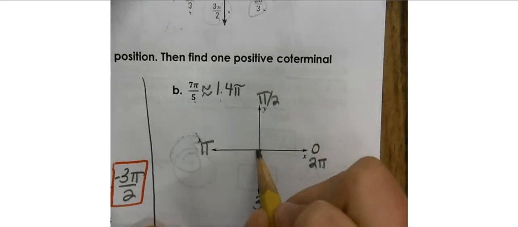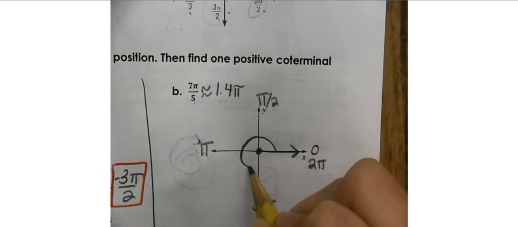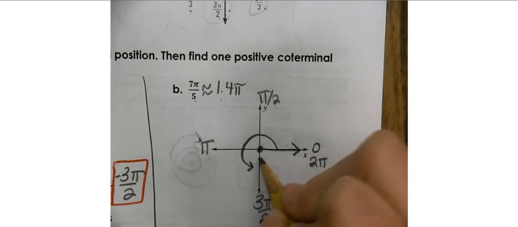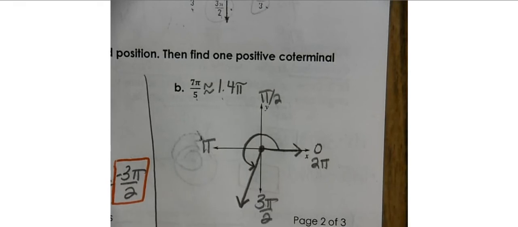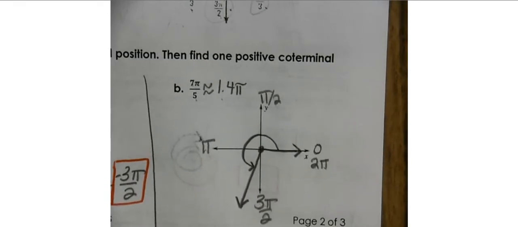So here's my initial side. We're going counterclockwise, and it's going to be kind of close to 3/2. So there's my angle right here. So that's my original angle. Now I need to come up with another coterminal angle. Since we didn't have to spin around the circle very much,